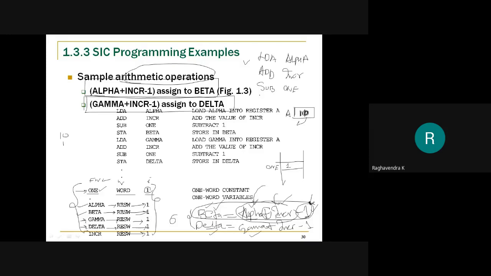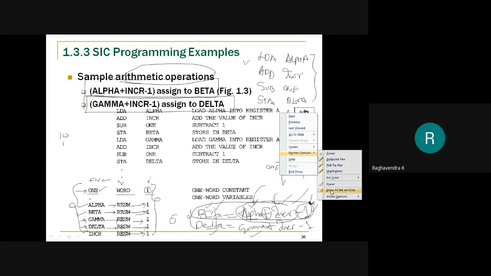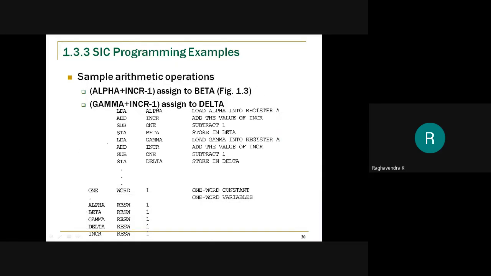How do I store from A to a memory location? We already know the instruction, which is STA beta. Got it? So with 4 instructions, we have completed the calculation of this equation: beta is equal to alpha plus increment minus 1. Now look into the other part. I think how the second equation has been implemented, you can understand.